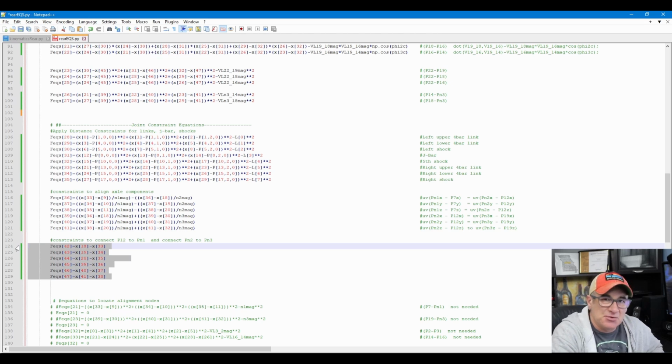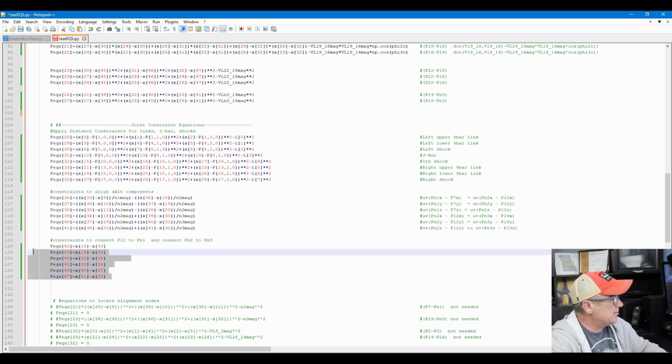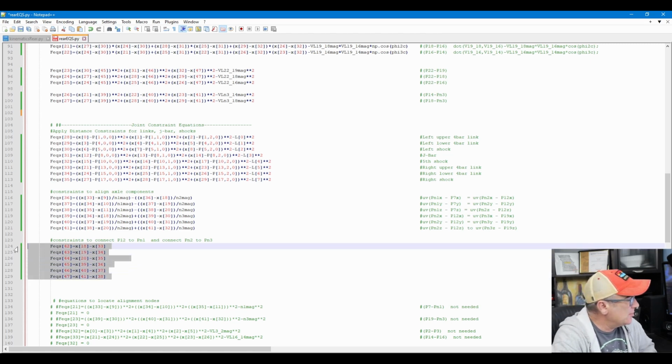One of the things about these constraint equations is they don't have to be in any order. You're solving them simultaneously, so I don't have to build the bodies in the first section of my equation set. I can build that anywhere, whatever is convenient and reads well. But I just happen to have some other constraints down here in equations 42 through 47, and these are some point-to-point constraints, right? And so now we've got these bodies that are floating around,